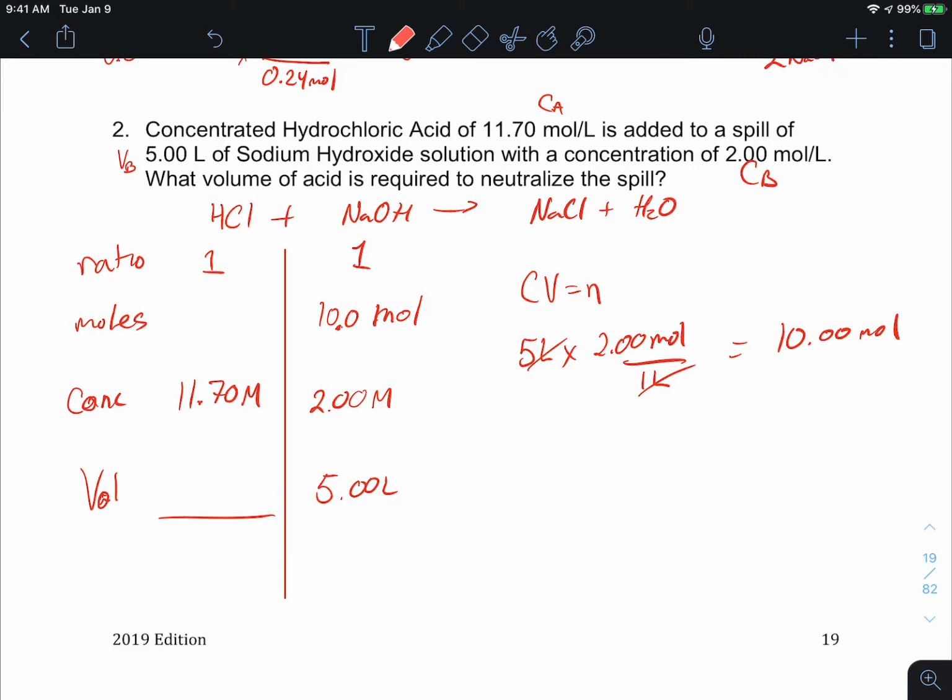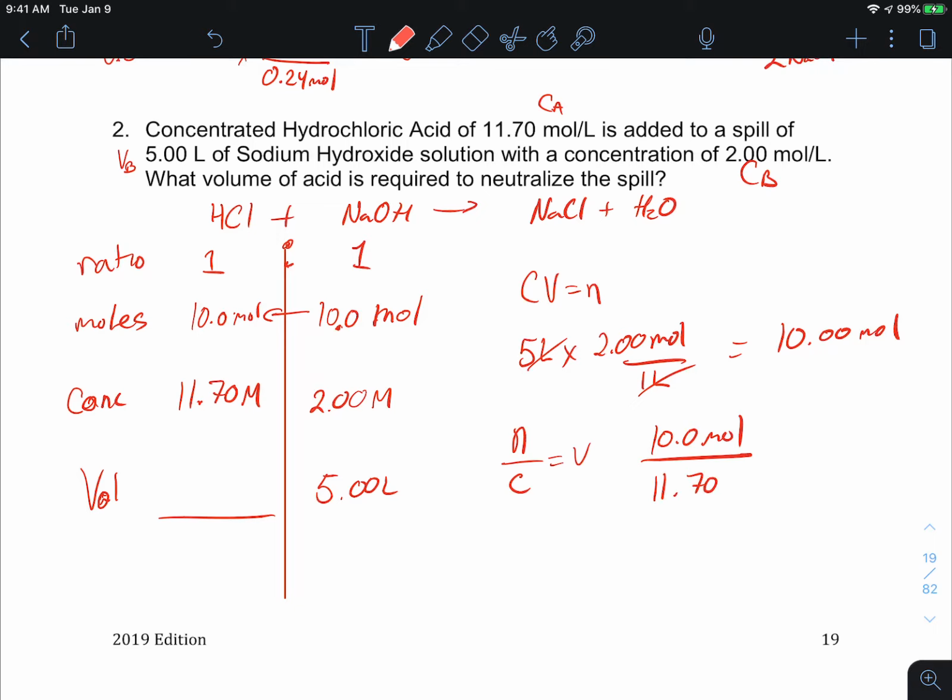And then I'm going to use this ratio, and I notice here that it is a 1:1 ratio. So however many moles I get here is also equal to the number of moles over here, 10.0 moles. And now I'm going to use this equation, N over C is equal to V, to find my final value. So I'm going to take these 10.0 moles and divide them by